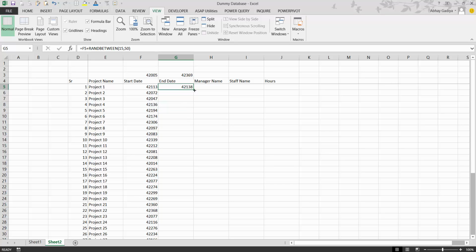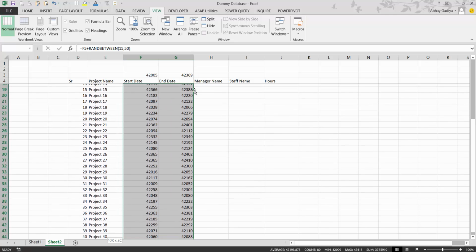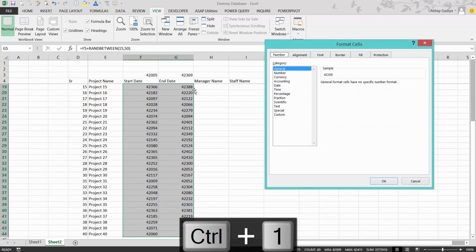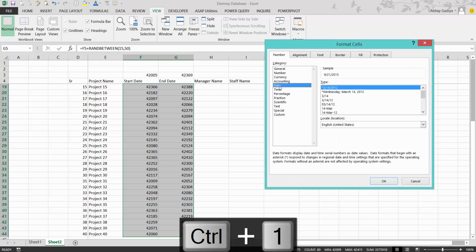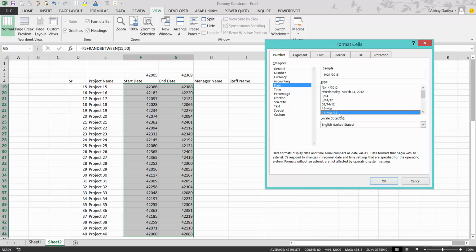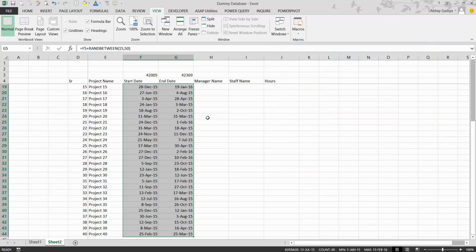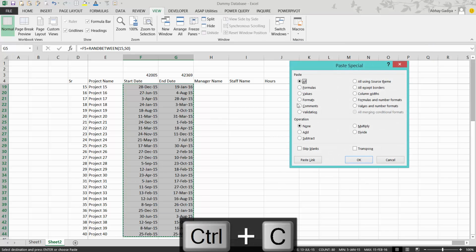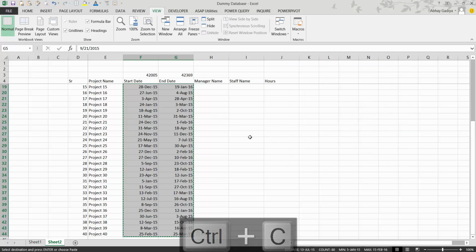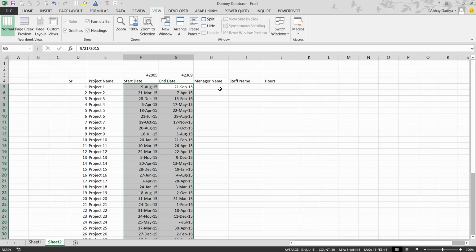And just double click this. So you have your start and end dates. Select them, convert that to a date, and you have the date range for the 40 projects. Now let us convert this into values. Ctrl C, Alt E S and then V. I'm just pasting special that as values.